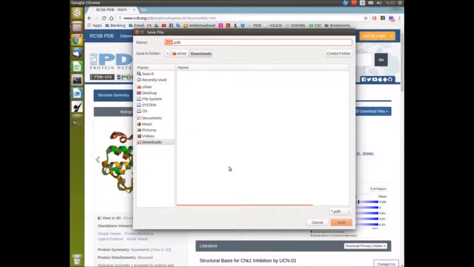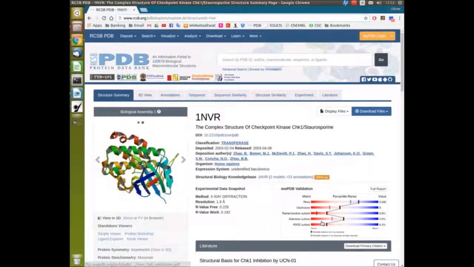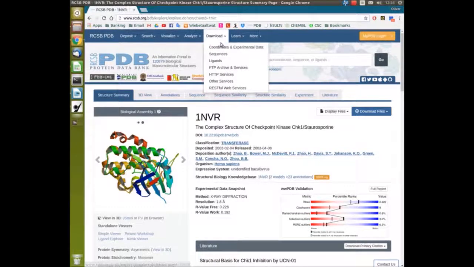So in this case, 1nvr.pdb, and all in lowercase. Click save. I've already prepared these earlier, so I'm just going to click cancel. And you obviously want to do this for all of the proteins that you're interested in. I will just be doing one as an example. So now close your browser,